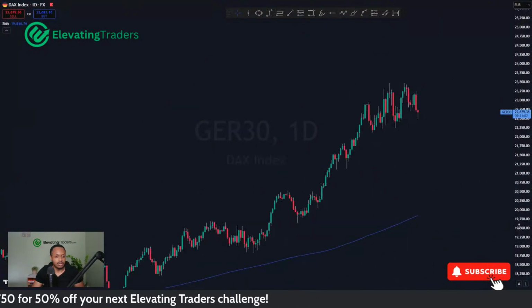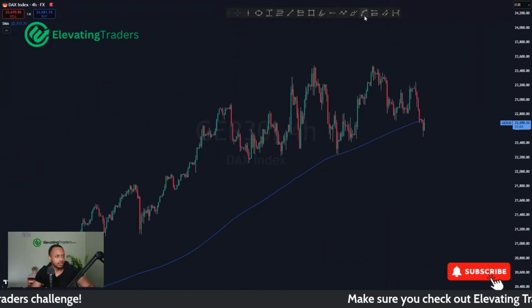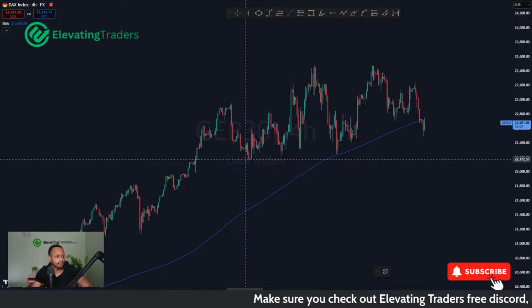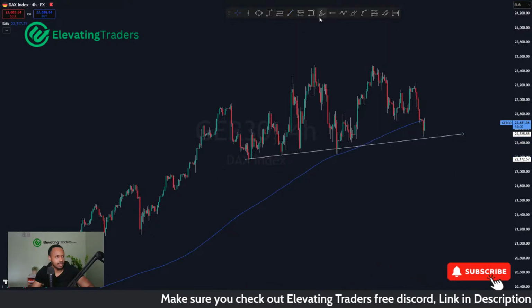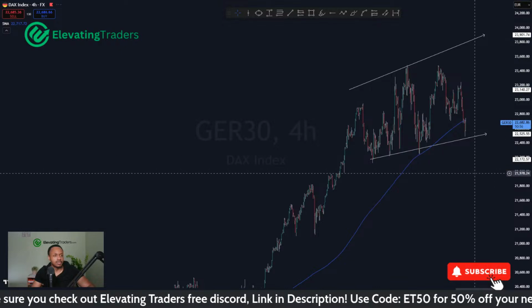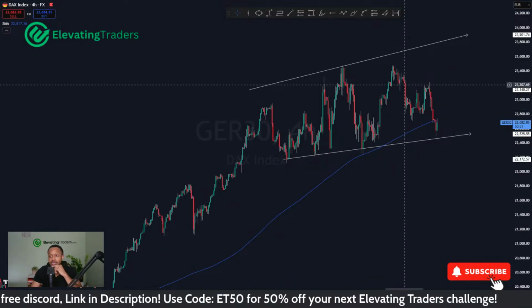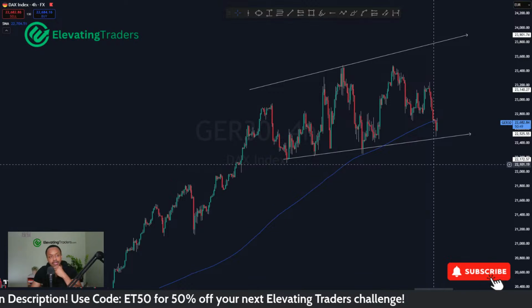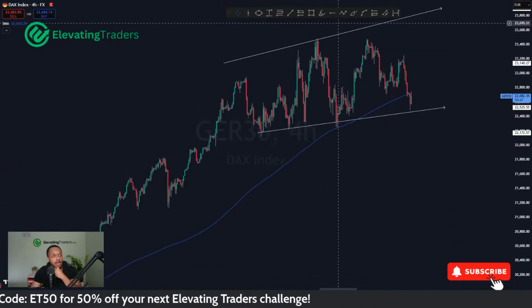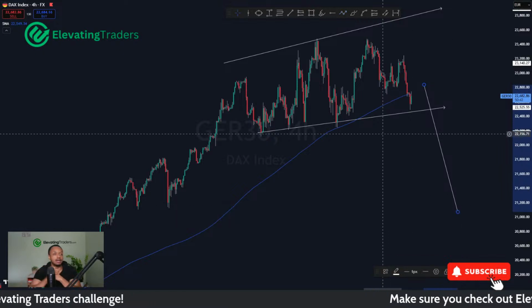Okay, the DAX is just kind of stuck in that channel while we're breaking through. Now we're still stuck. So yeah, still stuck in that channel. Although surprisingly, we did go for a bit of a sell yesterday, which I wasn't expecting. But yeah, I am looking for something like this in the next probably week or two.